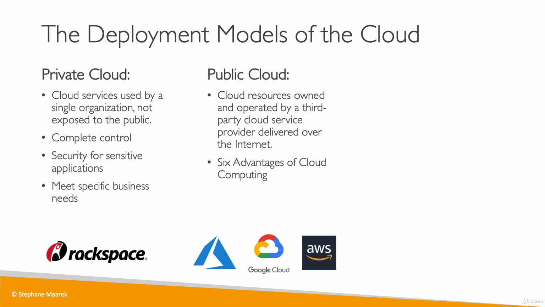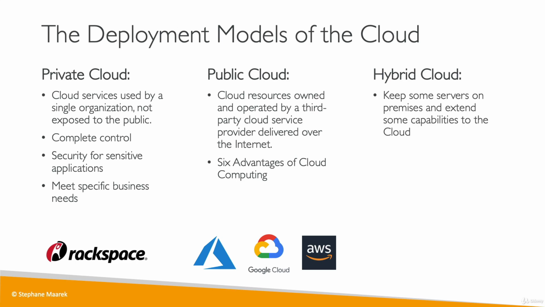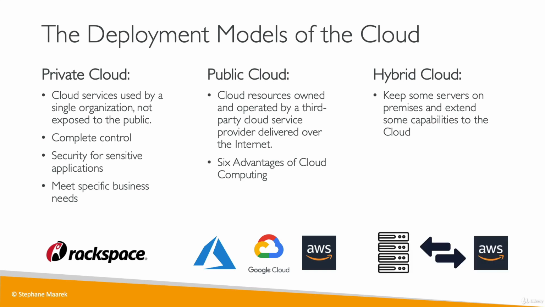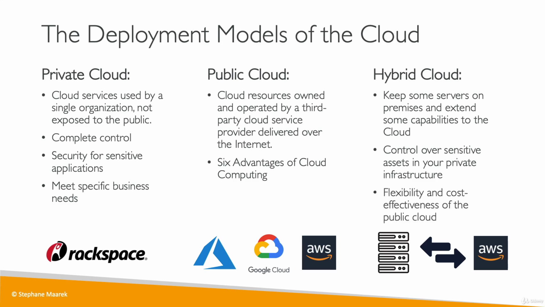So in this instance, that means that from AWS, we'll be able to request what we need when we want it. And then lastly, which is also important for the exam, is the concept of a hybrid cloud. So with hybrid, we're actually going to do a mix of private and public. We're going to keep some servers on premises and we'll extend some of the capabilities we need into the cloud. That means that we'll have a hybrid of our own infrastructure and the AWS cloud. We'll have control over sensitive assets in your private infrastructure, but we'll have the flexibility and the cost effectiveness of